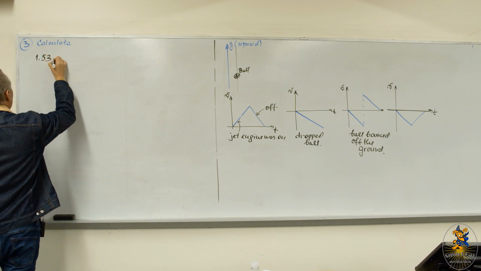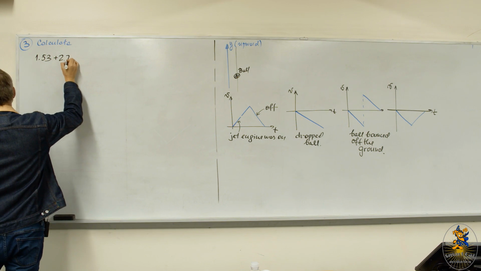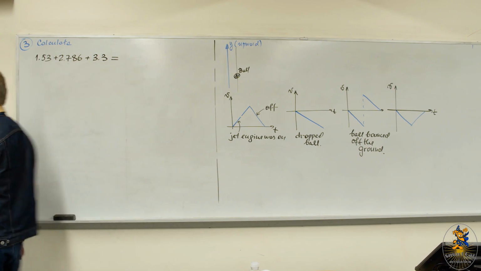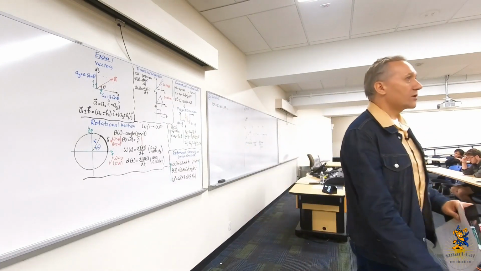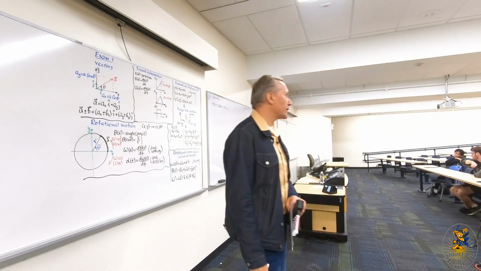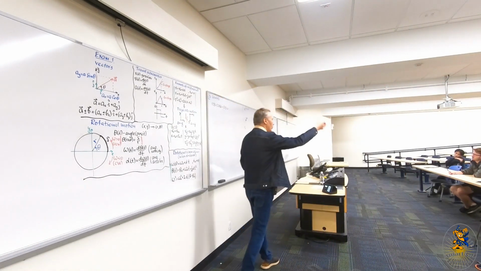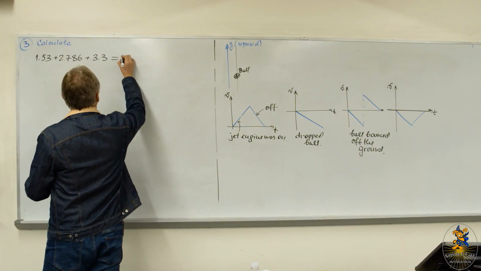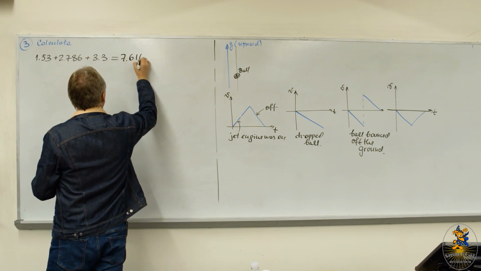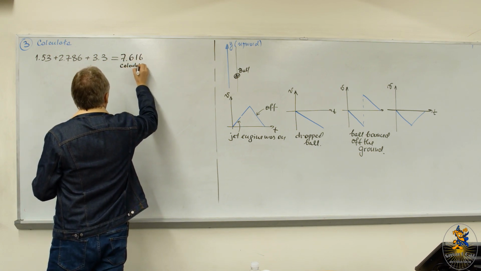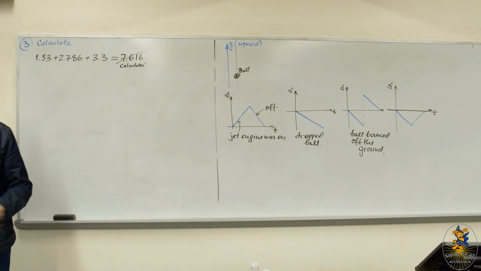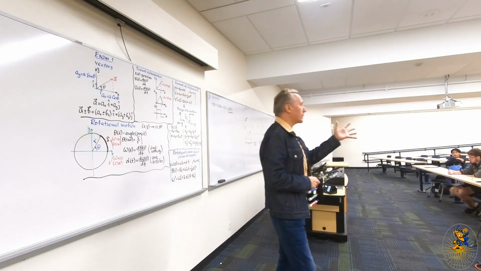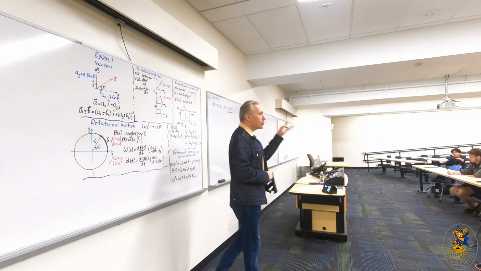1.53, whatever units, I don't care, plus 2.786 and plus 3.3. We need to calculate this. Let's assume you measured 3 distances with different levels of uncertainty, and you want to add them up, and you want to know where the accuracy is in the answer. If you use your calculator, you will get something like 7.616. It's a calculator result. And of course, immediately I will cross it out because most likely it's not correct. You remember, if you add or subtract numbers, you need to look at the level of